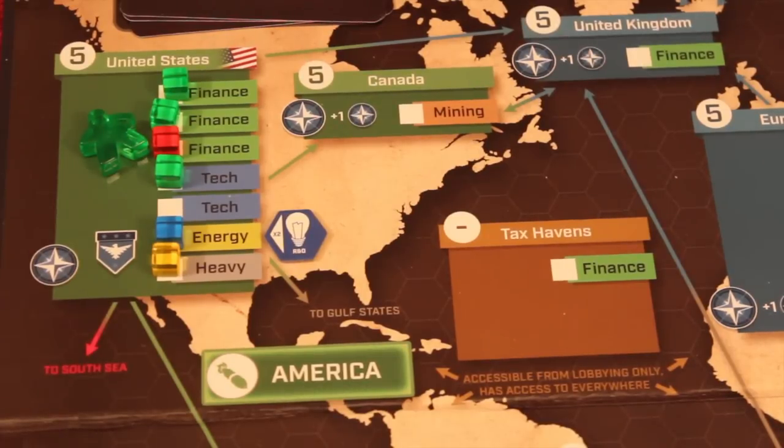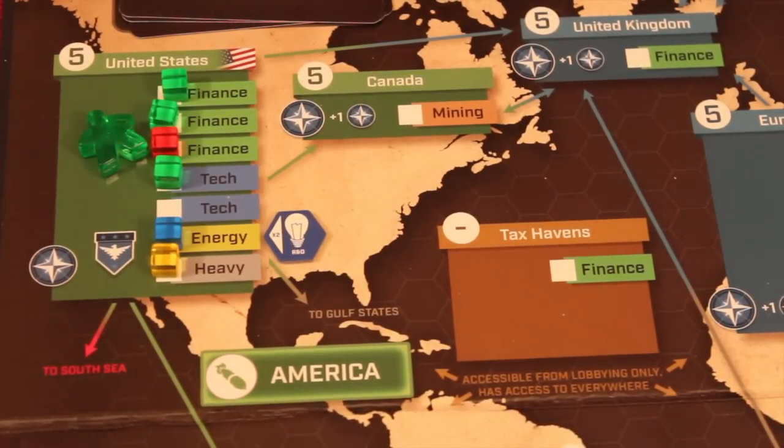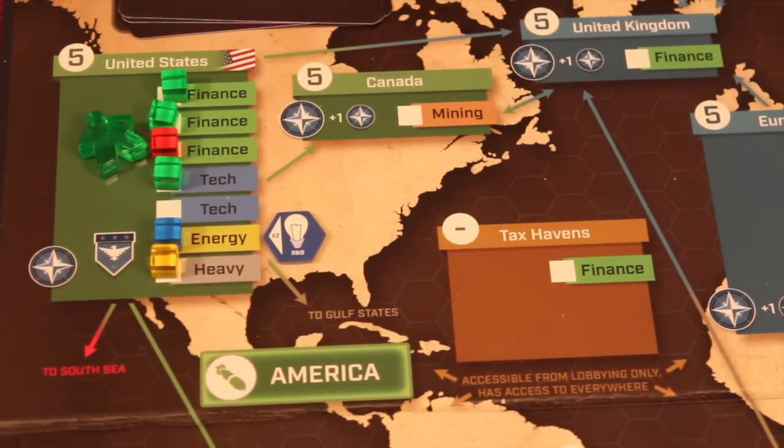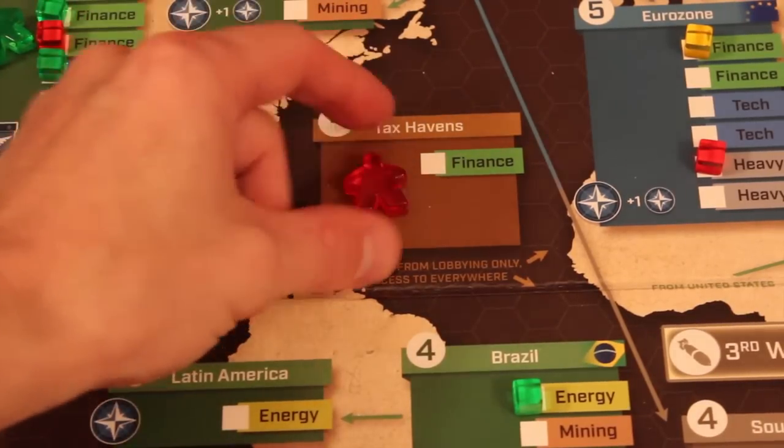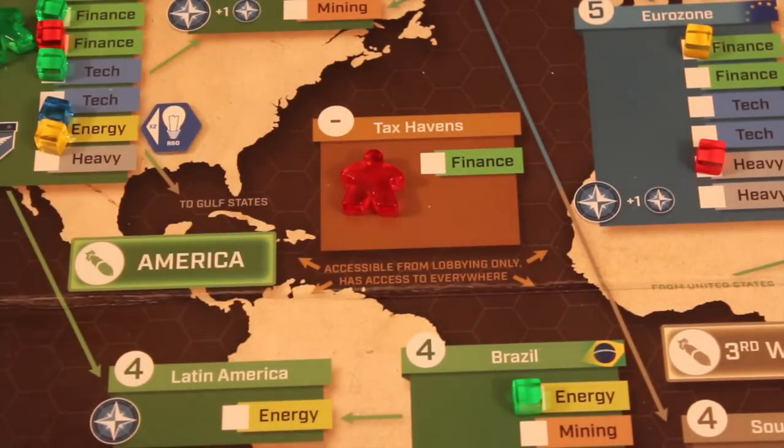Now once that green player has finished their first executive move in this phase, we would then go to the next player and so on and so forth. So let's talk about the other actions in this phase that you could possibly do. You could privately sell shares, which is you place one of your executives in the tax haven space, and you can point to a